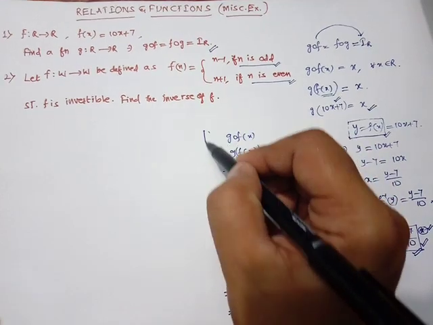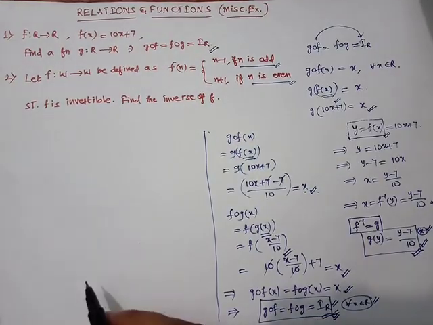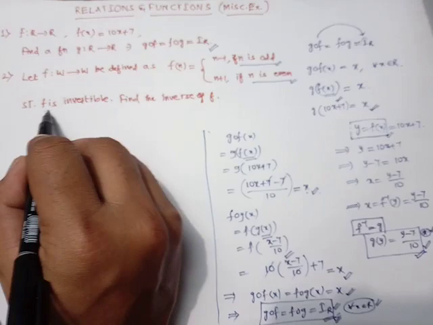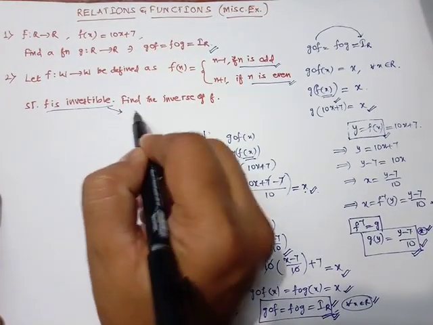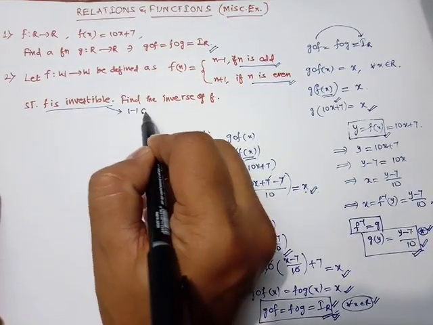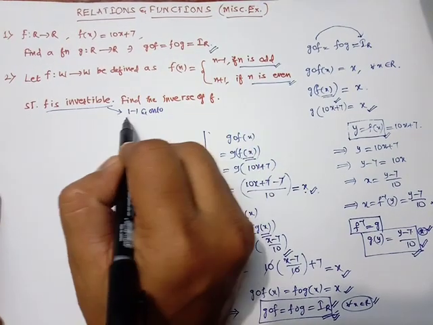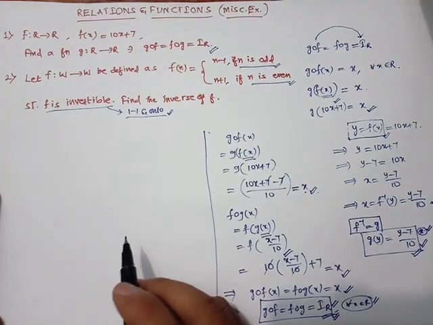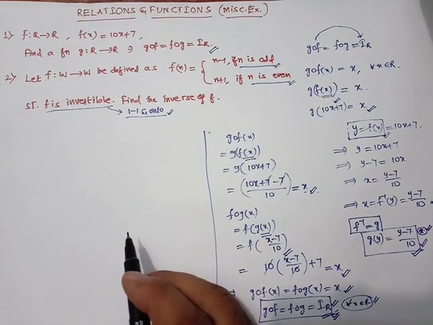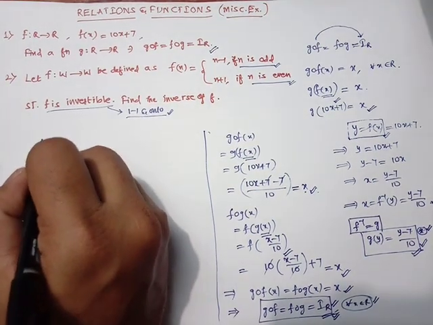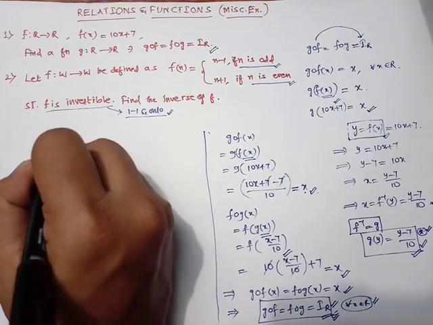First of all, understand that to show f is invertible, it is enough to show that it is one-one and onto. If you show it is one-one and onto, we can say that f is invertible. Now taking the function that has already been given,